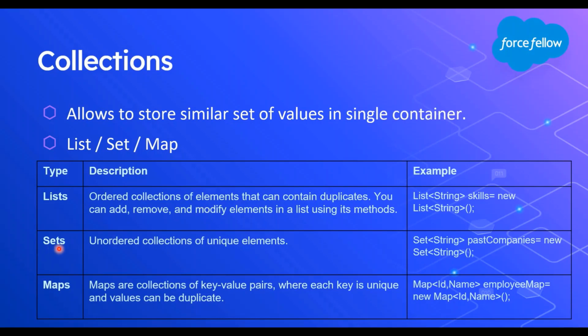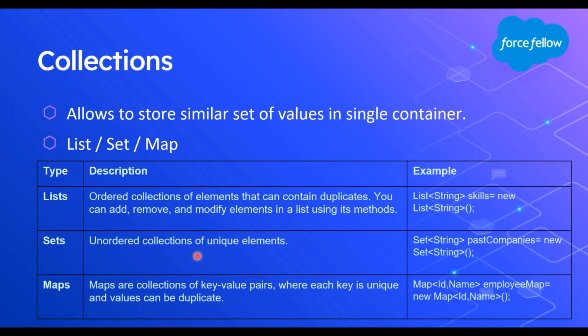And now if we talk about sets, then we can say sets are unordered collections of unique values or elements. It means in a set we can't store duplicate values, and also values will not be saved in the same order in which we have added them. So if we have a requirement where we want to store only unique values, then we can go with the set. And also to add and remove items in a set, there are multiple methods available, and we will learn them